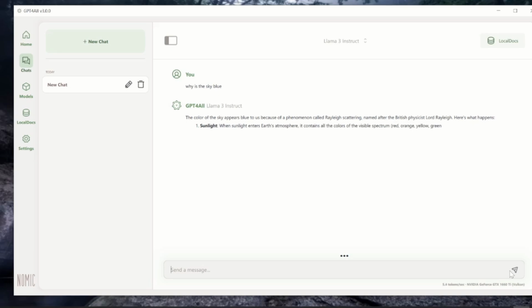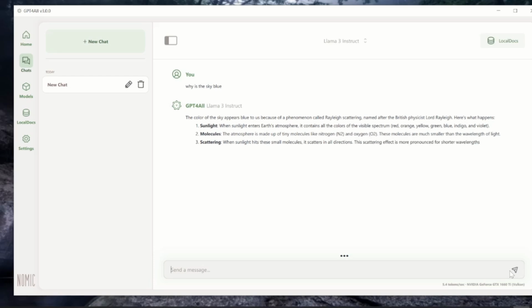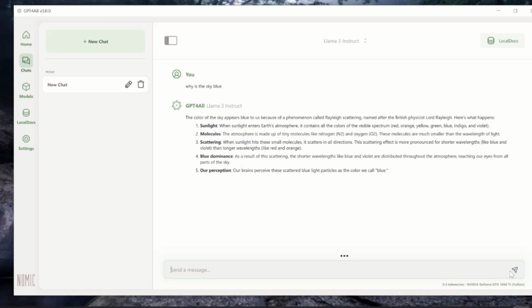Looks like it's not really struggling, but spitting out a couple tokens a second. That's streaming a little slow compared to what I've seen, but considering it's the current Llama 3 running locally on a probably 4-year-old laptop, 16 gig NVIDIA 1660. It is a gaming laptop, so it's got a little bit of a GPU, but for the most part, this